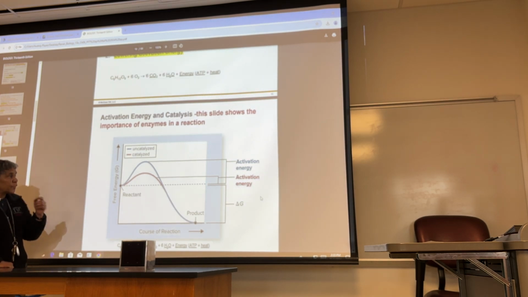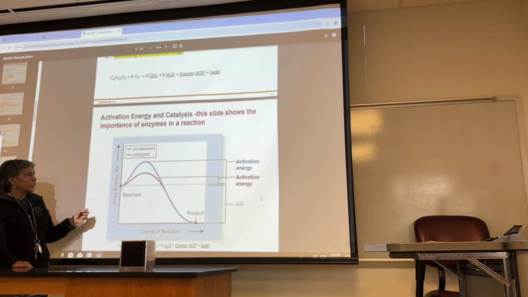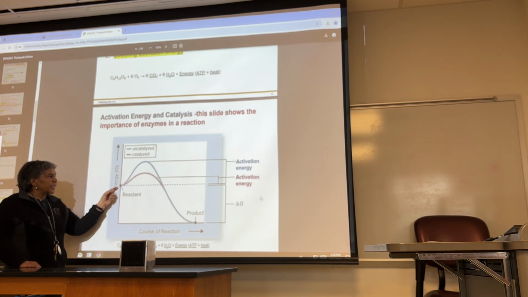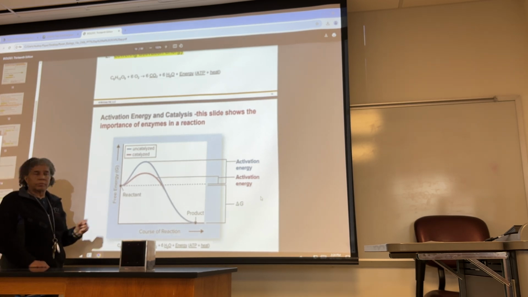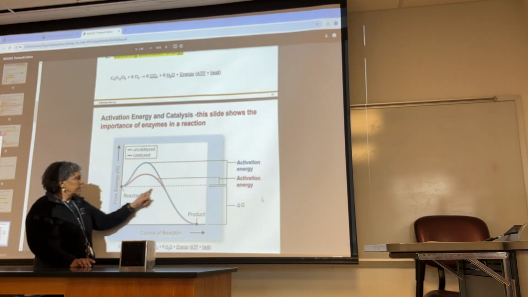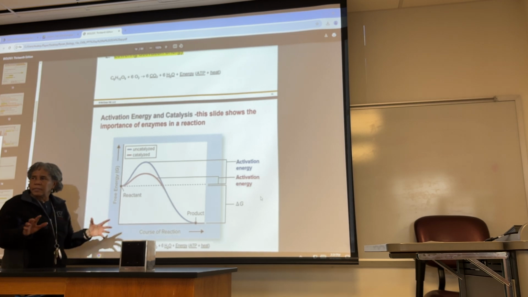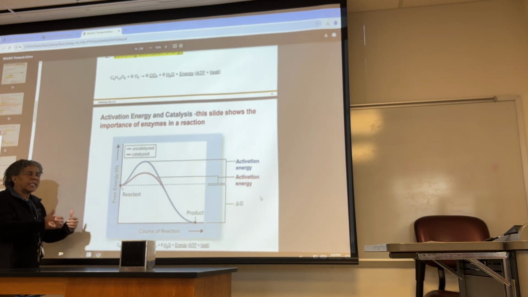Here's what I want to mention about this, and I might make this an extra credit question actually. That energy is separate from the energy associated with that equation. So here's the energy with the equation at this dotted line right here. That's the energy associated with the reactants and the products. But the enzyme,